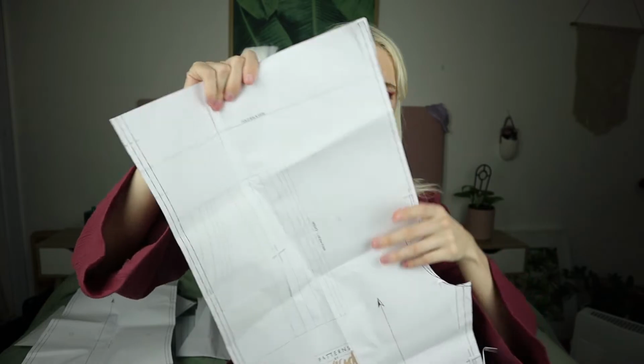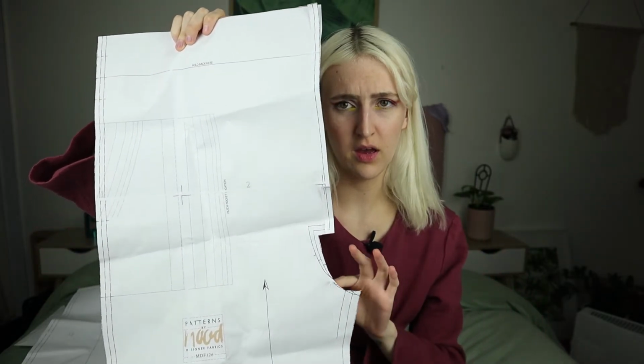The other weird thing about these pants is, this is the front piece. If you can see that, there's the curve and then there's this bit that comes out. And the pictures didn't have a front fly, and none of the other blog posts that used this pattern seemed to have a front fly. So I was kind of confused, why was there a little bit of an extension there? In my opinion, that would be probably for a fly, or am I missing something? What else would that be for? I don't really know. But you could easily draft a fly if you wanted to,